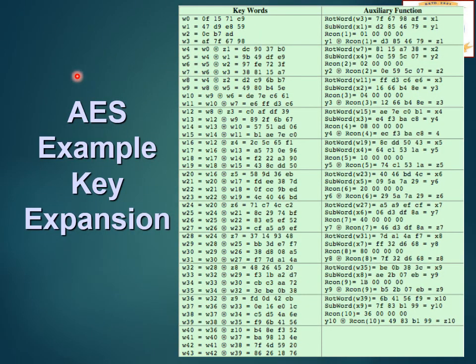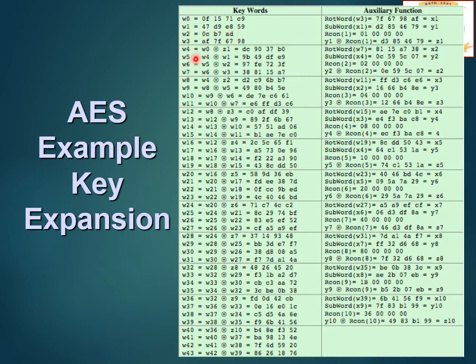So here an example for key expansion is shown. This you cannot do by hand. Manual calculation is not possible, but at least you can have a look at the example. This is directly taken from the textbook by William Stallings. So you can see how the 44 words are generated, from W0 to W43. Initially, whatever the key is, W0, W1, W2, W3, this is directly the same key, whatever is being set, the initial key.